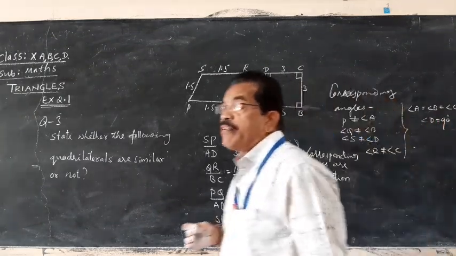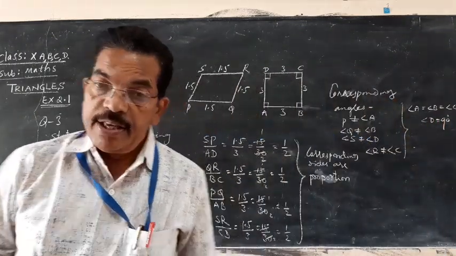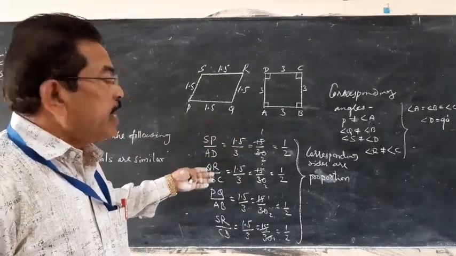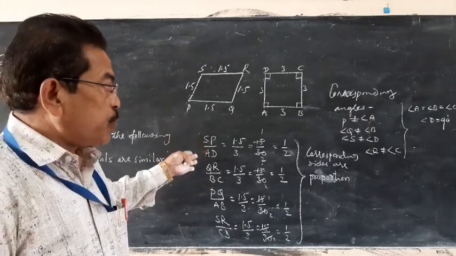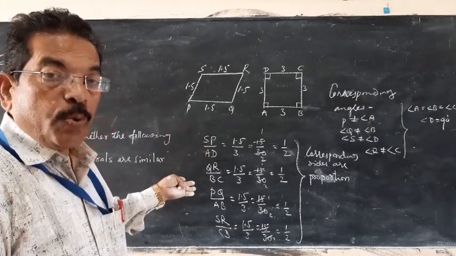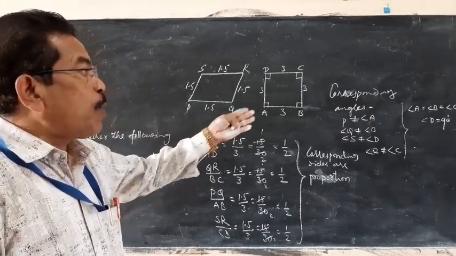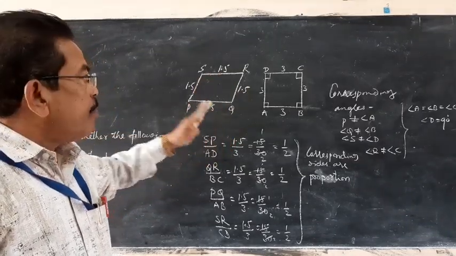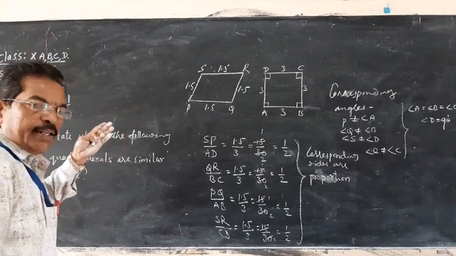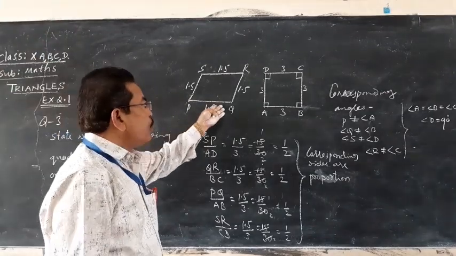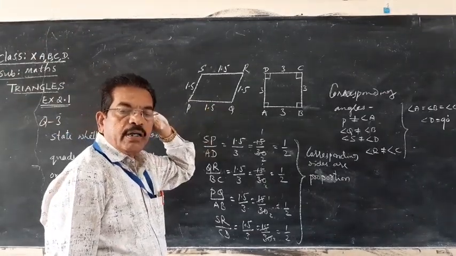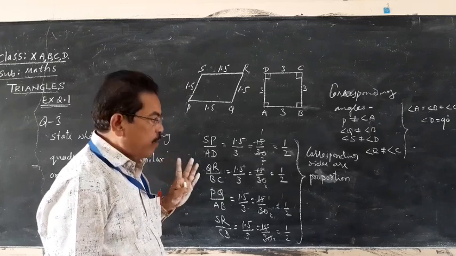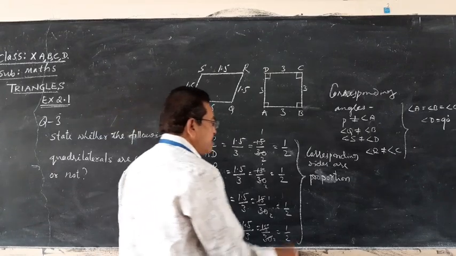All the angles of the square are 90 degrees. So even if the sides are in proper proportion, the corresponding angles are not equal. By observation itself we can predict that both the diagrams are not similar ones. Okay, so your answer is